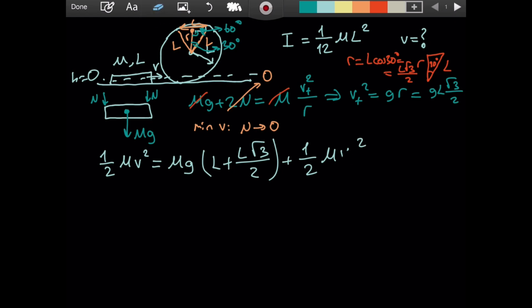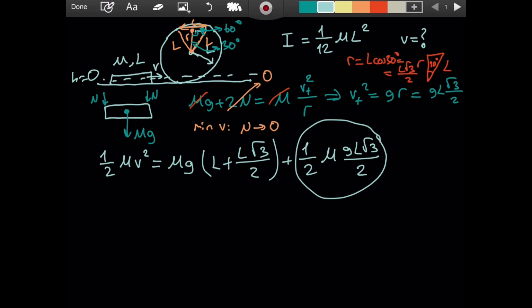And what is v top squared? It is gr, which is gL times the square root of 3 over 2. So I am writing that. It is gL square root of 3 over 2 plus... Now, you might say, this is it. Why do you say plus? But in fact, there is one more term left. Because this is only the